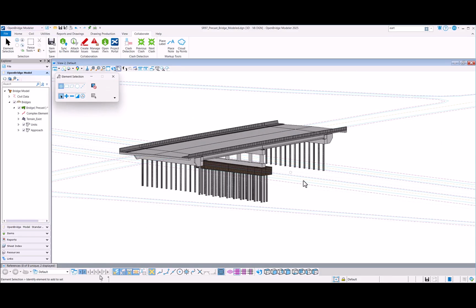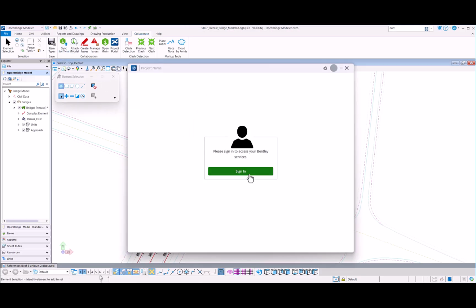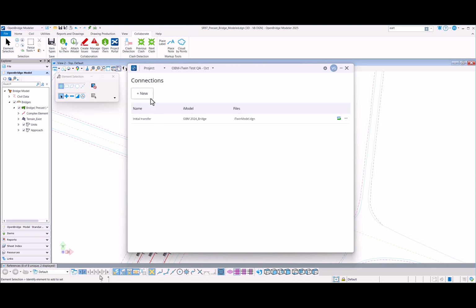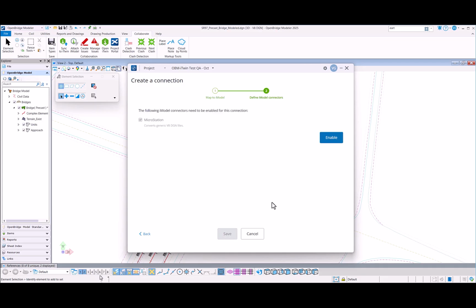Now, if he has any observations, then all those comments or maybe errors that he discovered could be applied to the digital twin, and the platform will communicate